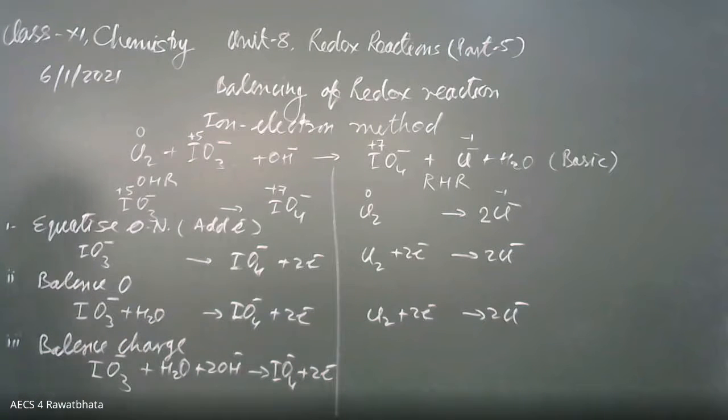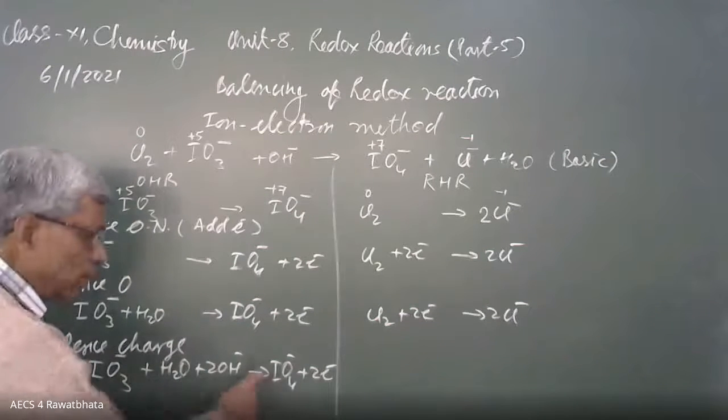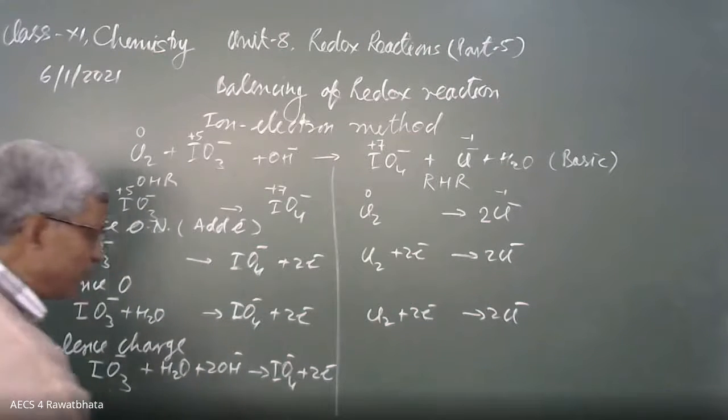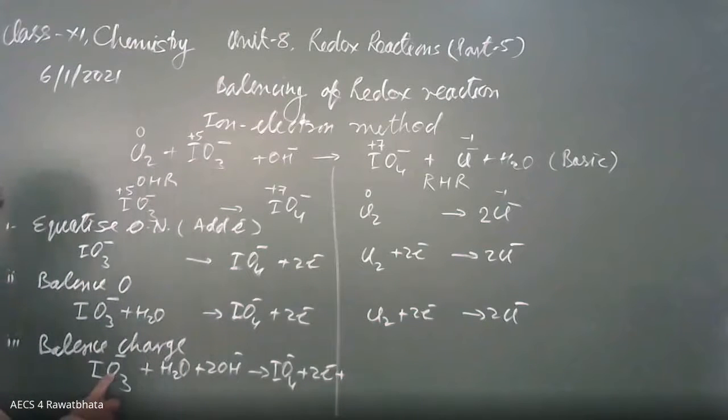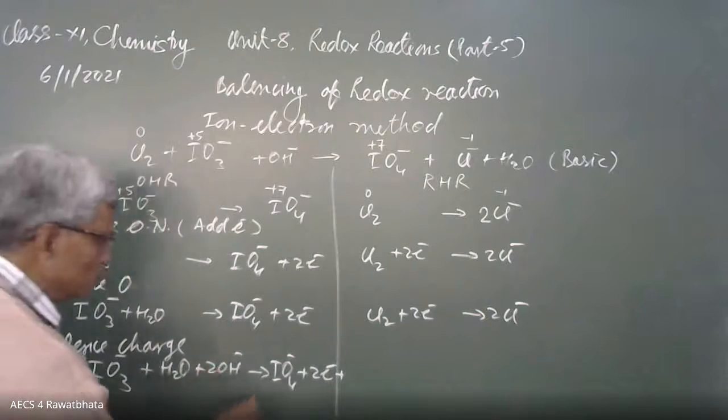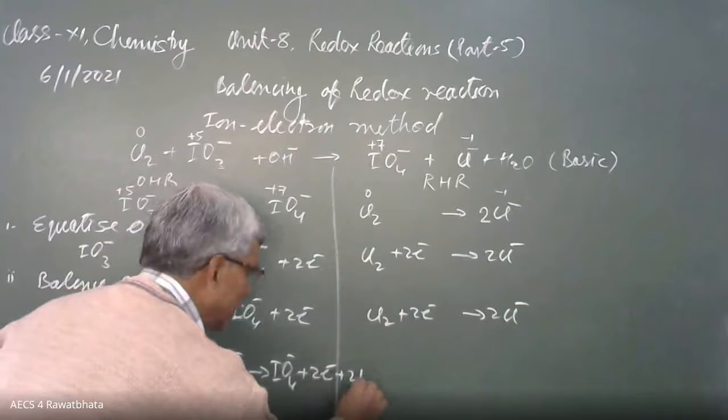And while adding OH minus, the oxygen is not balanced. See that number of oxygen becomes 1 plus 2, 3, 4 to 6. And this side only 4 oxygen. Then we have to add water as per the need of oxygen 3, 4 and to 6, and that's why 2H2O.